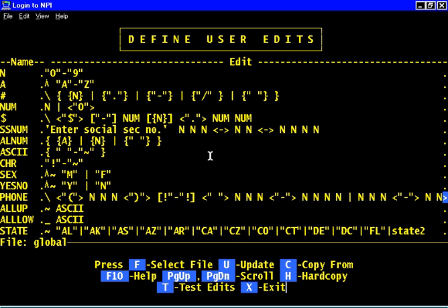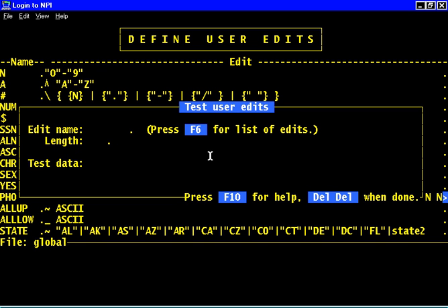System edits don't deal so much with what's allowed in a field, like you see in the N-type edit, a 0-9. That means a range. Any single number from 0 to 9 will be allowed in a field. 0, 1, 2, 3, it will not take an A. For instance, if I press T for test and I say I want an N-type edit, and I want it for only one character because that's all it'll be good for,